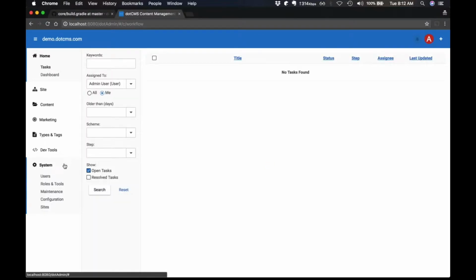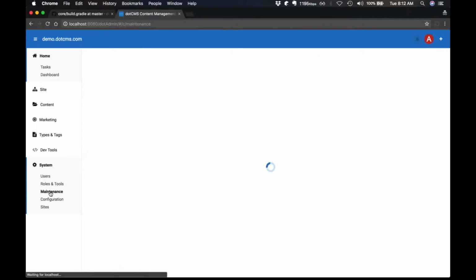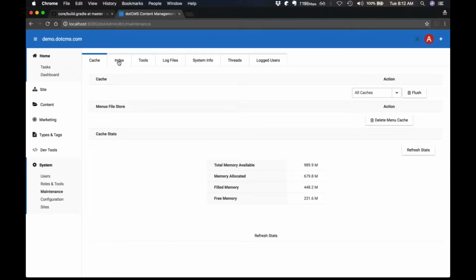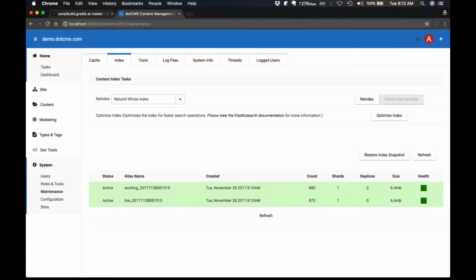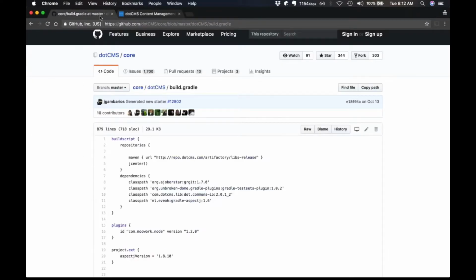Okay, let's take a look at the system and maintenance and the indexes here. Everything looks good, so we can continue with the examples that we are going to look at today. So basically,